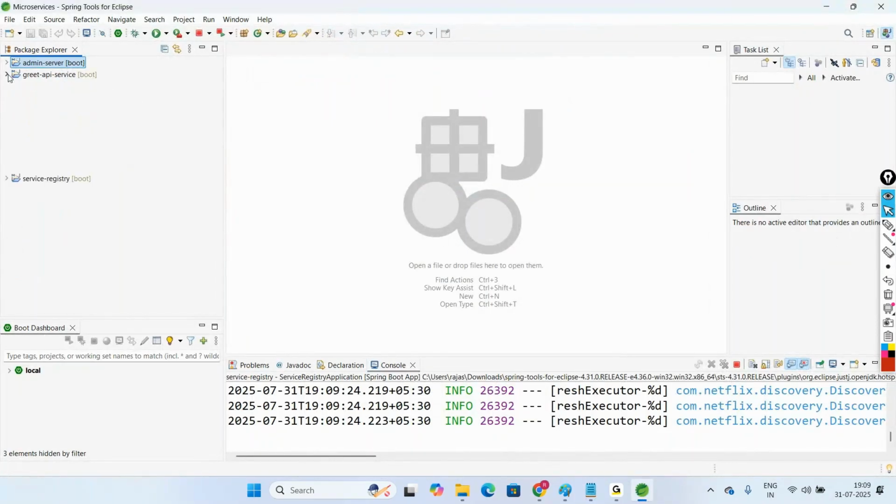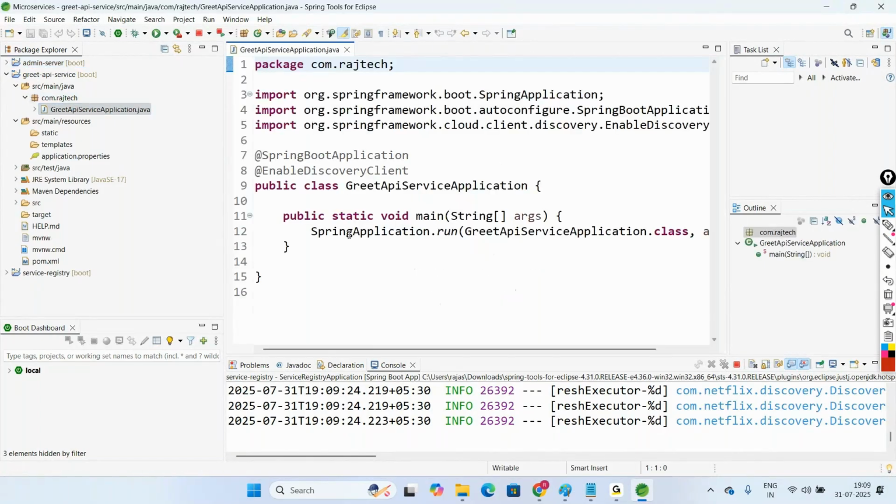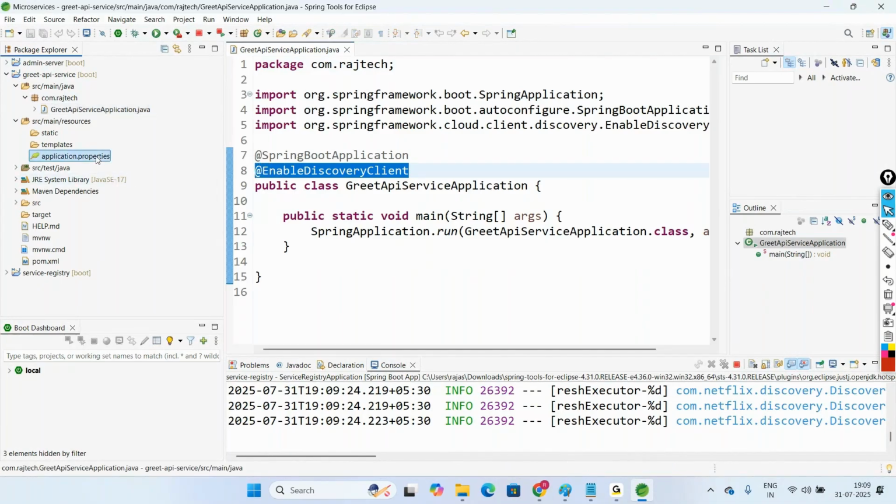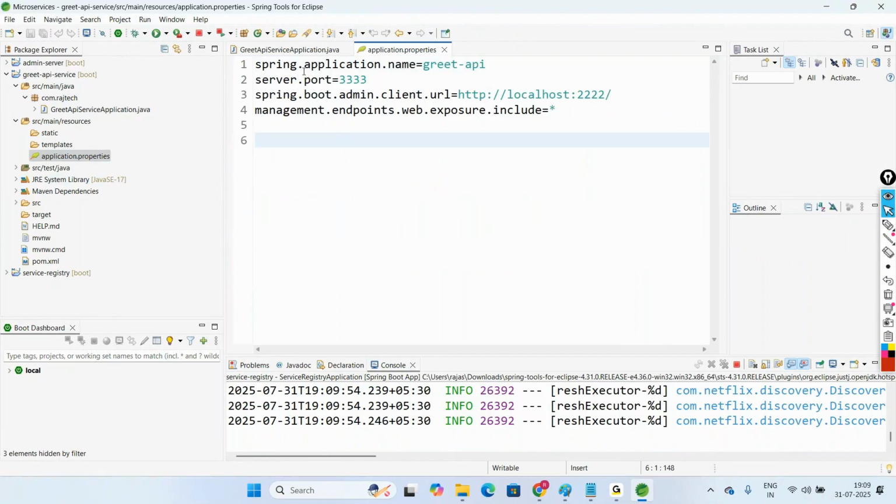Coming to the Greet service. Above this Spring Boot entry class, we are using which annotation? @EnableDiscoveryClient. Then in the application.properties file, we are giving the name to the service, like Greet API, and the port number we are giving as 3333. And we have to register our service with the admin. How to register our service with the admin server? By using this property,